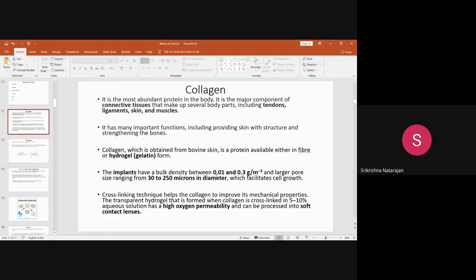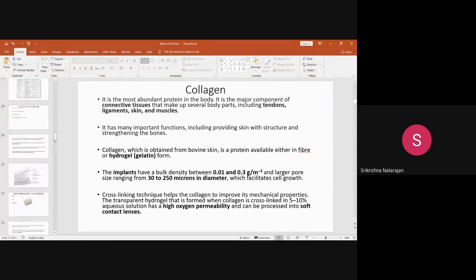Take materials like hydrogel, which retains a large amount of water. It is a 3D cross-linked structure type of material which can retain more water. It can be converted by suitable cross-linking so that it can be used for other applications like contact lenses and other applications. These things we have seen.